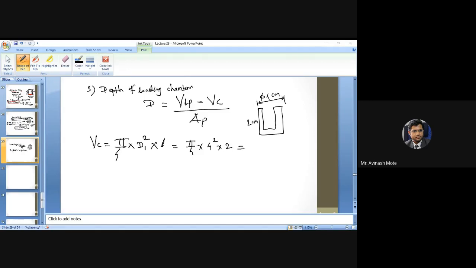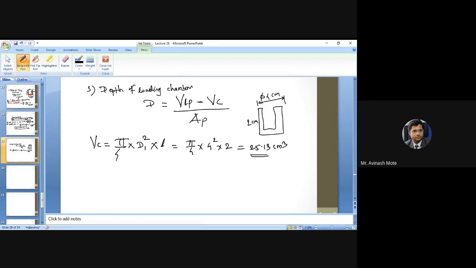Just let me calculate. This is coming as 25.13 centimeter cube. Okay,